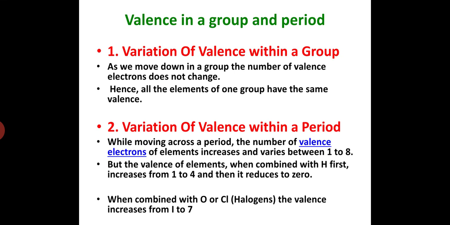Then the variation of valence in a group and a period. Regarding variation of valence within a group, as we move down a group, the number of valence electrons does not change. So, all the elements of one group have the same valence. Regarding variation of valence within a period, while moving across a period, the number of valence electrons of elements increases